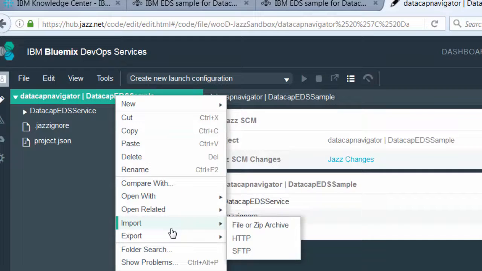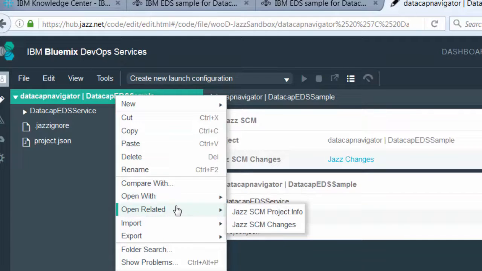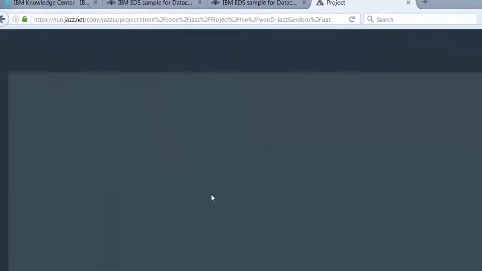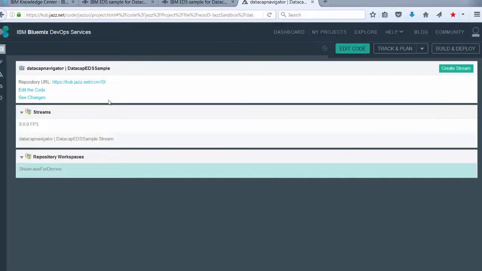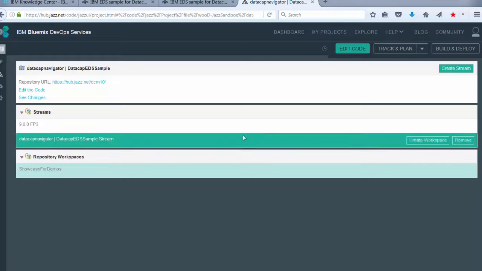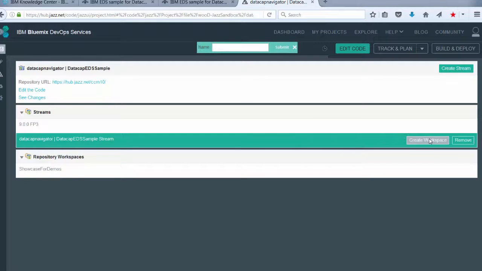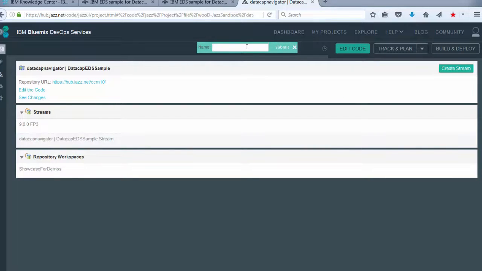You say open related here, and I want to open the Jazz SCM project. And here it is, and I'm going to create a, well, I've already created a sample workspace. I'll create a sample workspace of this, give it a name,